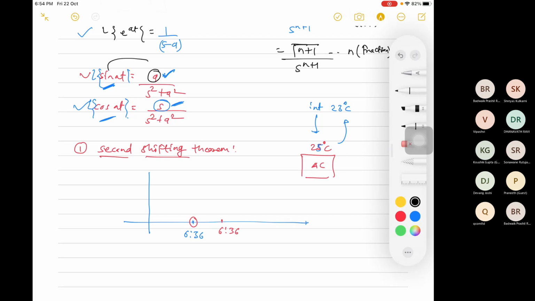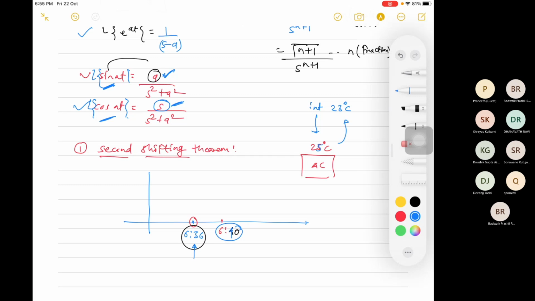The remote which was used to control or change the temperature now has no power. So what will happen? You gave a change at 6:36, but because of the power failure, because of the decreasing power of that cell, the input was given at, suppose, 6:40. What will you do with 6:40? You did something randomly, you banged the remote and it worked, so you injected at 6:40. I was intending to give the input at 6:36, but for some reason it went to 6:40.